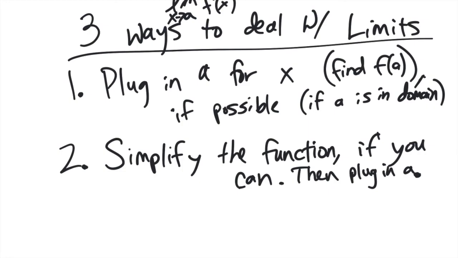Okay, these two methods, number 1 and number 2, you should try these first. You should not run down here to method number 3. I'm going to call method number 3 a last resort. If you can't plug in a value, if you can't simplify, if you can't do anything else algebraic, then it goes back to what we talked about in the last video, in the last section, which is estimate. Anytime you hear the word estimate, you should think, that probably shouldn't be my first thing I want to try, because it's kind of like a last resort. Like all else fails, try to get as close as you can. So estimate the limit